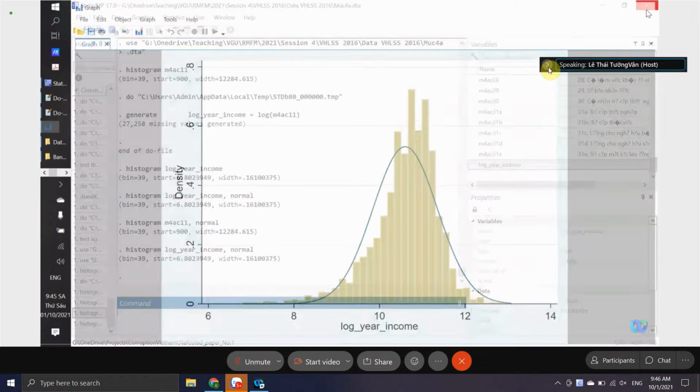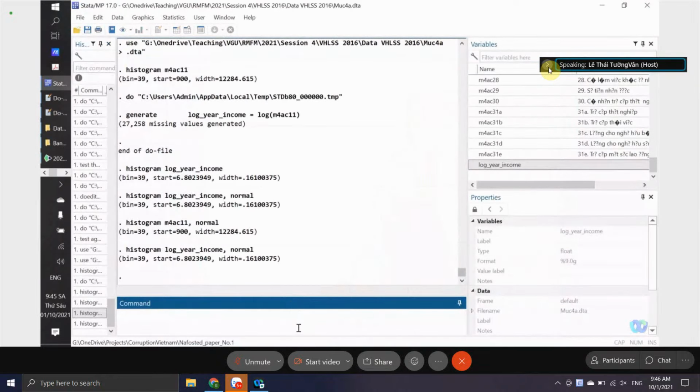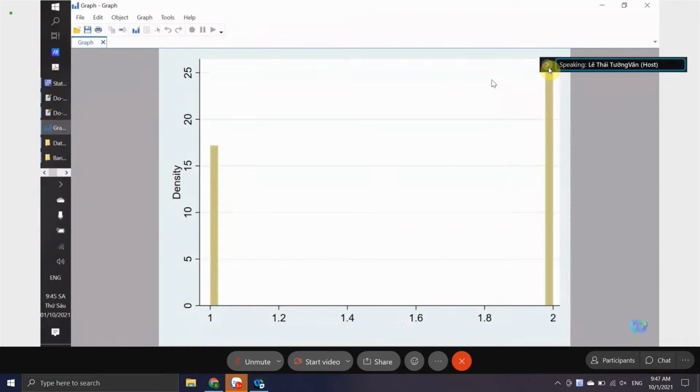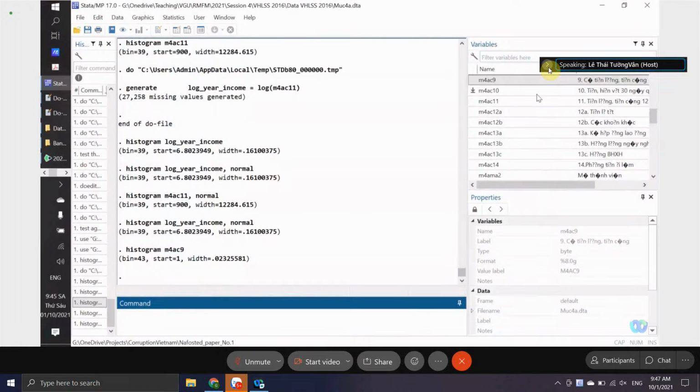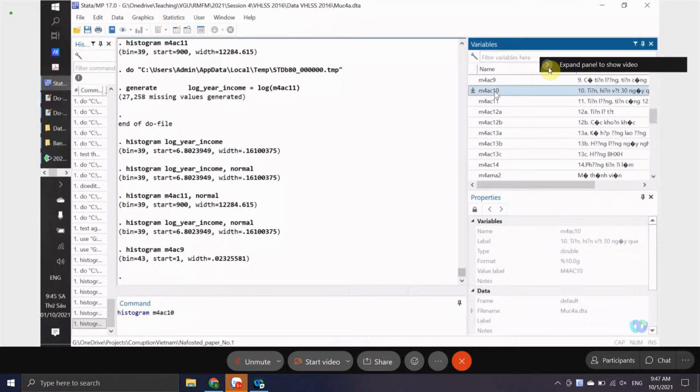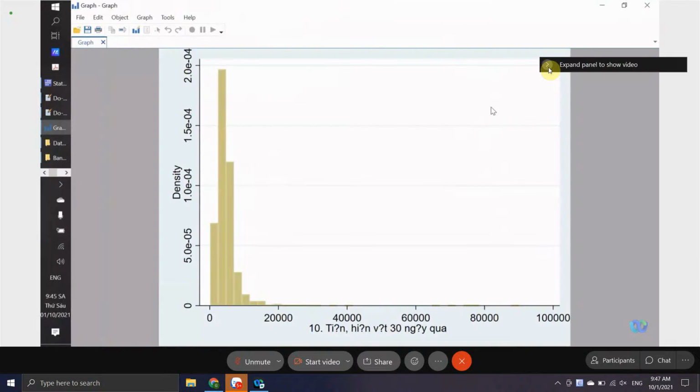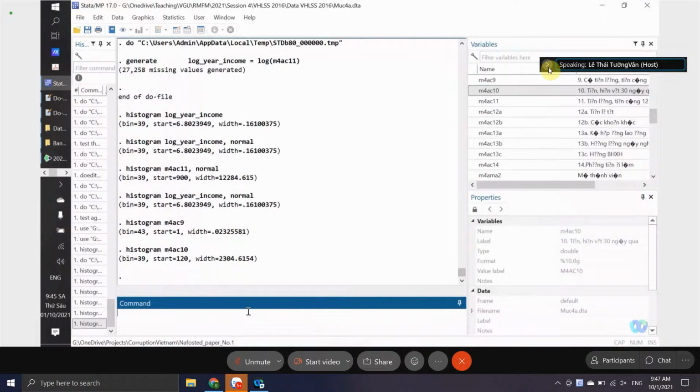Now, actually, if you consider monthly income histogram, that is yearly income. Now we have monthly income. That is question 9, I think. Again, this is not. Here, this is monthly income, and it looks even worse, right? But if you take the log of monthly income,